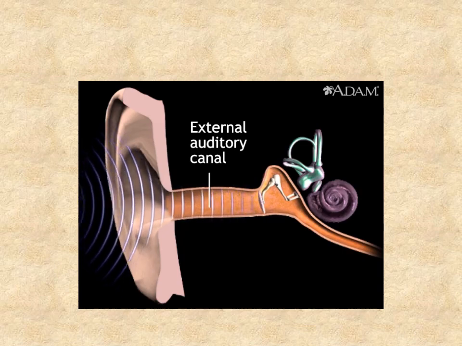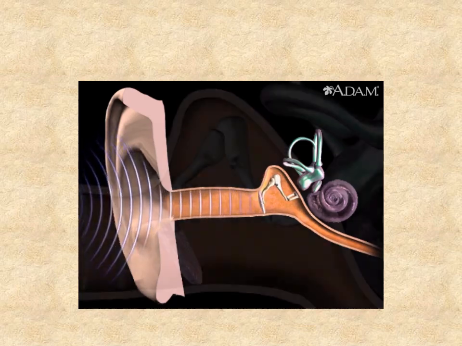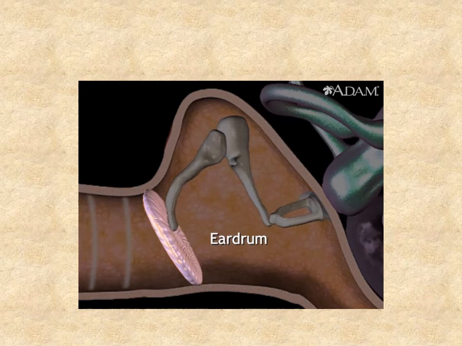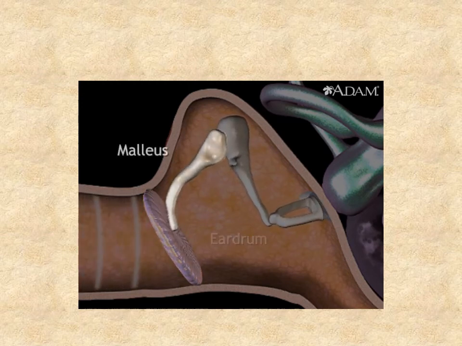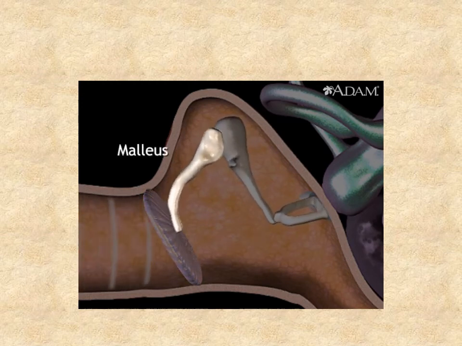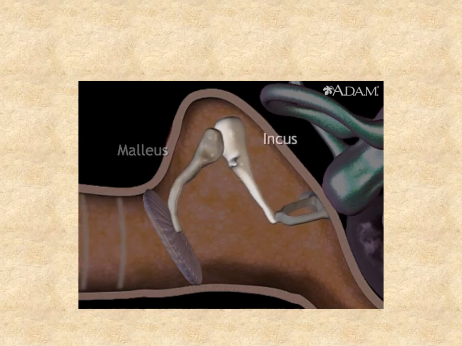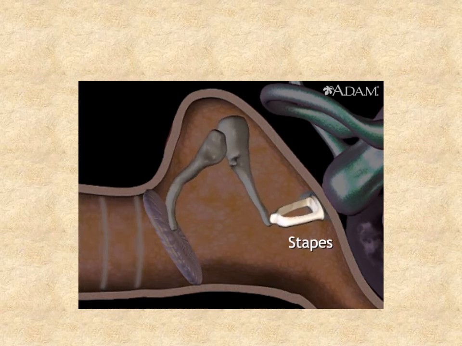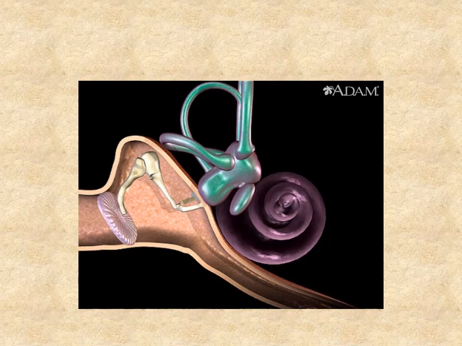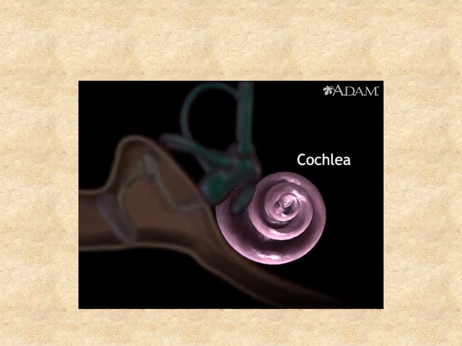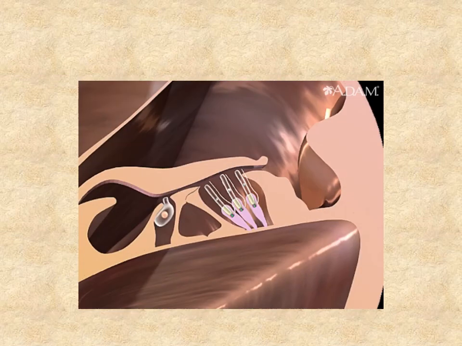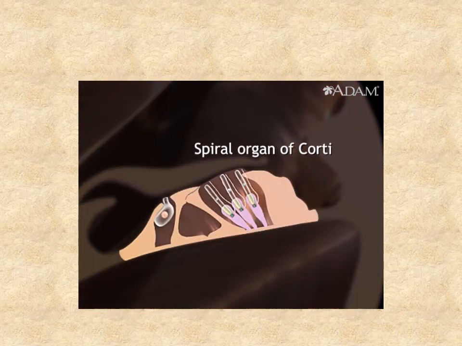Sound enters the ear through the external auditory canal before striking the eardrum and causing it to vibrate. The eardrum is connected to the malleus, one of 3 small bones of the middle ear. Also called the hammer, it transmits sound vibrations to the incus, which passes them to the stapes. The stapes pushes in and out against the structure called the oval window. This action is passed on to the cochlea, a fluid-filled, snail-like structure that contains the organ of Corti, the organ